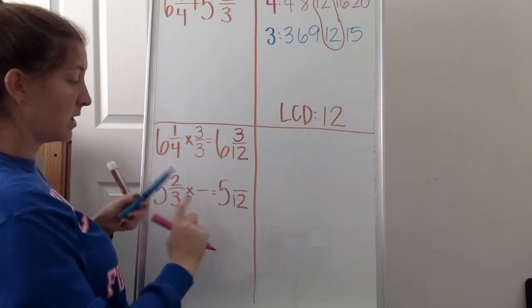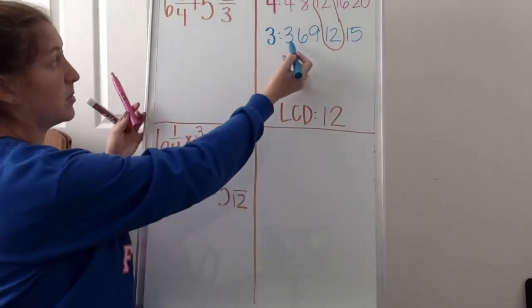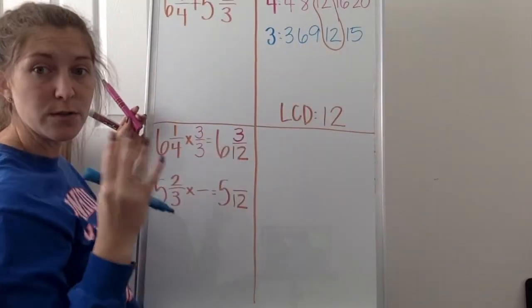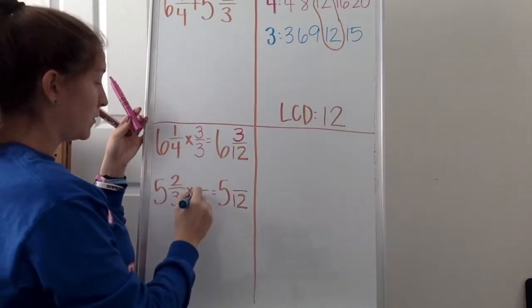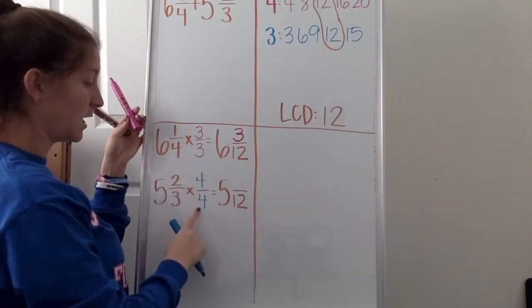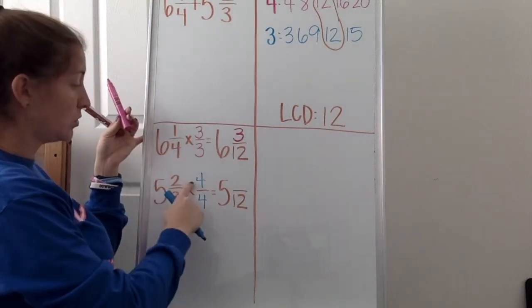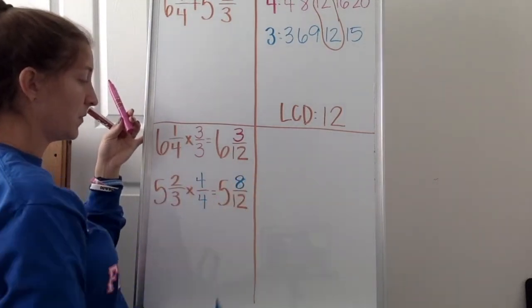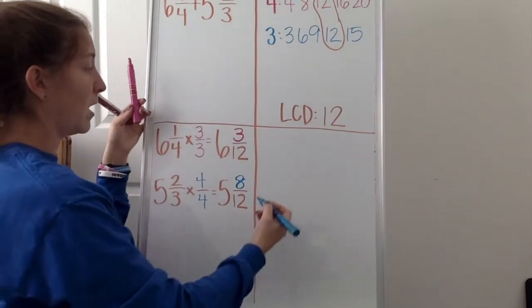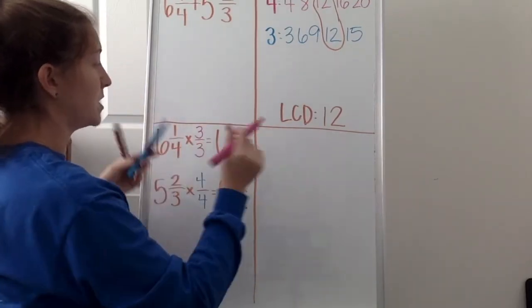3 times something equals 12. If I look back up here, 1, 2, 3, 4, 12 is the fourth multiple. So I multiply by 4/4 here. Again, what I do to the bottom has to be the same as what I do to the top. 2 times 4 is 8. So now I have the problem 6 3/12